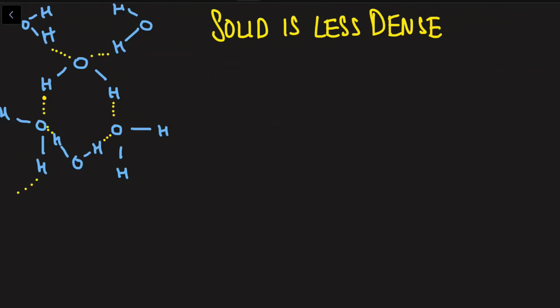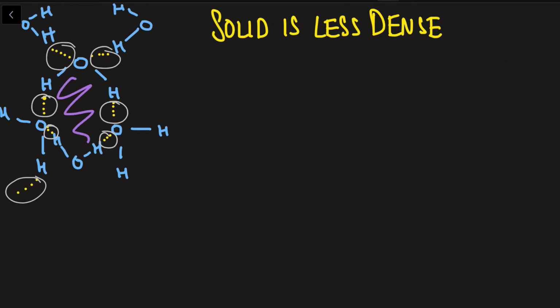The third property we're going to be looking at is the fact that ice is less dense than water. When most substances freeze, the solid is more dense than the liquid. Water is an exception to this pattern, and again, this goes back to hydrogen bonding. When water freezes, the hydrogen bonds between the molecules also freeze. So those are the frozen hydrogen bonds, and this results in the molecules being arranged in a crystal lattice, but it also leaves a lot of space for air in between the molecules, which results in ice being less dense